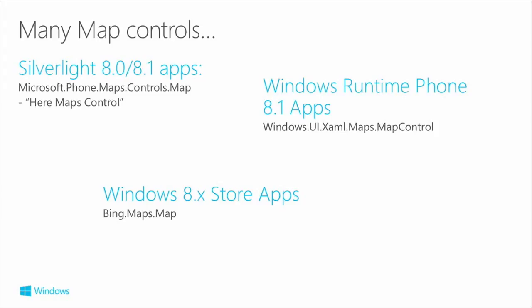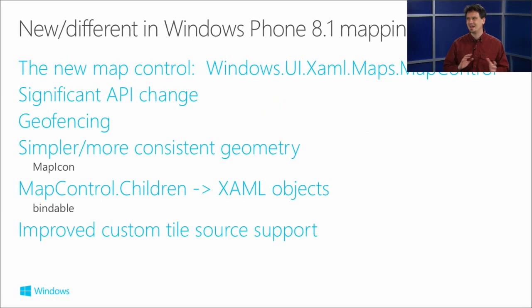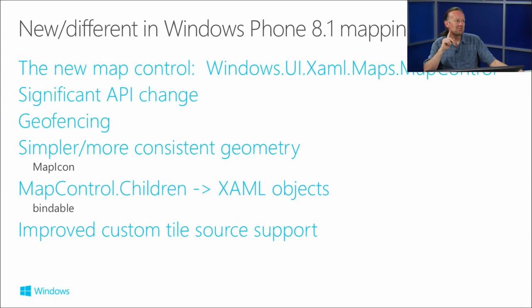So in the next demo, and I could have shown it in the last one, I'll show a little bit about how we can write an application that hits the Phone runtime maps control and the Store maps control, and see how we can get those to work together. So there are a few differences, it has to be said. There are differences between working, yes, there are. Yep. But with careful design, you can work around these things. And you've got a sample that does that. Yeah, and we'll show that off.